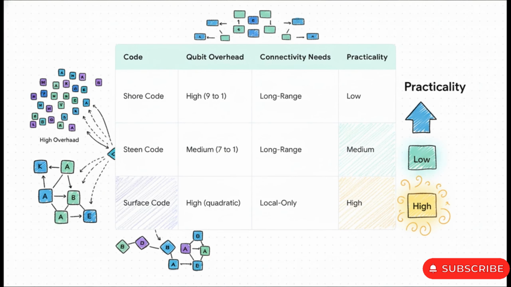So researchers have come up with a lot of different codes, which are just strategies for spreading out the information. The early ones, like the Shor codes, were absolutely groundbreaking. But as you can see, they were pretty demanding. They needed a high qubit overhead, meaning lots of physical qubits for each logical one. And they also needed complicated long-range connections between them, which are super hard to build. The real story here is that trend you see in the last column, the slow and steady march towards practicality.